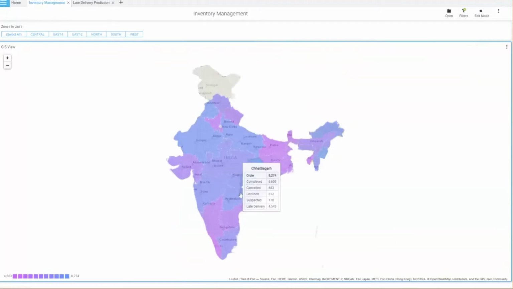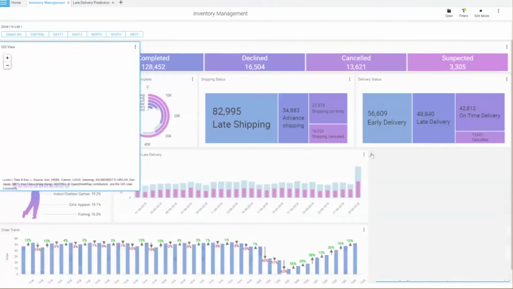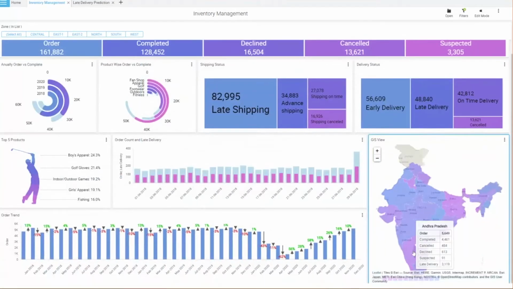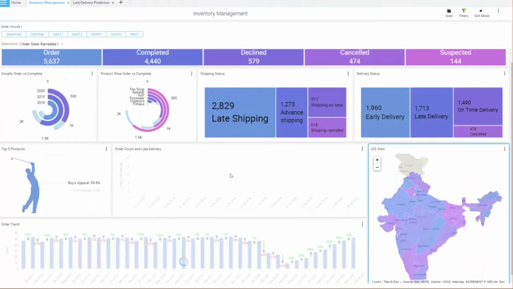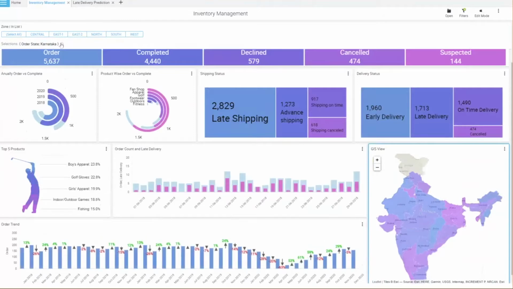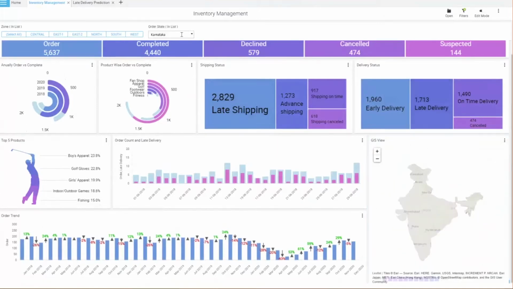again to the state level and bring up another state's information, or I want to perform an action or select a particular state's information. So I can say Karnataka, just selected the data, and the whole dashboard brings information only for Karnataka. And then I can set selection as filter so that you can compare between multiple states. So now I can compare between Karnataka or the other state from other zone. So usually it is a zonal analysis. If you want to compare between multiple zones, you can do that as well. Or states from different zones, you can do that.